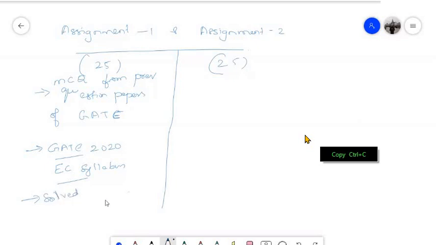Again, when you search, you will be getting solved GATE questions. GATE stands for Graduate Aptitude Test in Engineering. If you are competent enough to answer the questions asked here, you are prepared enough to crack any competitive examination. So whenever you study any subject, you should simultaneously be able to solve the multiple choice questions previously asked in this particular examination.